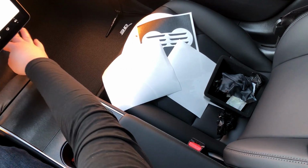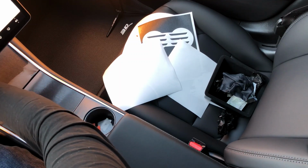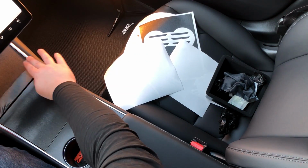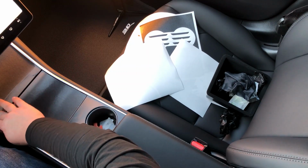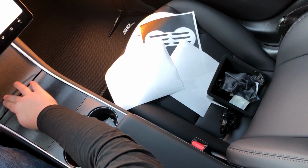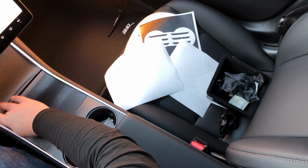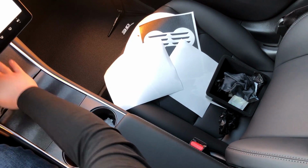So there's going to be a little bit of extra material on either side. We want that. That's actually going to end up wrapping around the sides. So don't worry about that. Bring it down, all the way down. You might have an air bubble here, but that's not a problem, because what we're going to do now